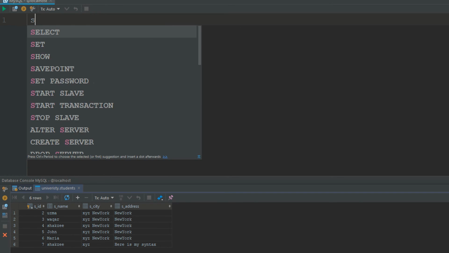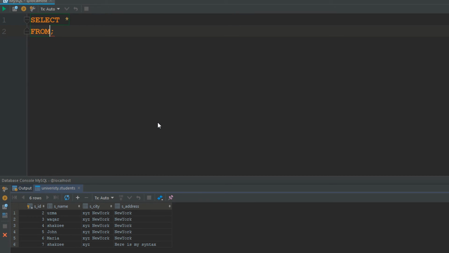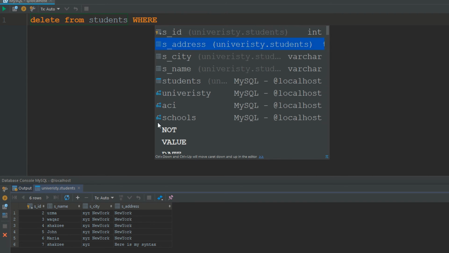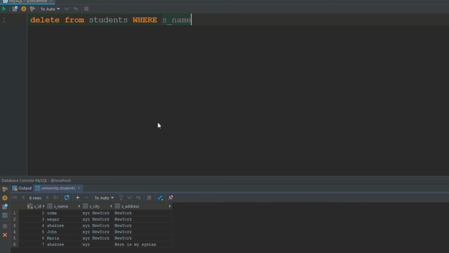Now if I am saying delete from students where name equals Shekhzi. I have just changed my keyboard, that's why I'm facing difficulties.